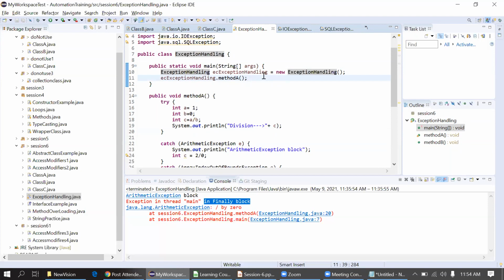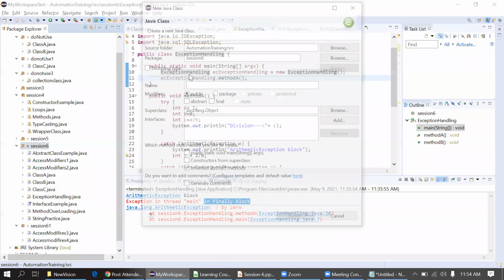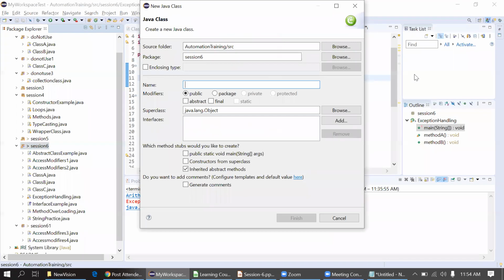So is there any possibility that an exception can be handled at class level? Like suppose public class exception handling extends exception. No, no, no. Actually, we are not handling exception that way. If you are getting an exception in the main method, we'll simply use try catch or throws. If you are talking about any class extending that exception class, that is again creating some customized exception. For example, I will just tell you the example. That is again the customized exception concept. That's a different concept again.